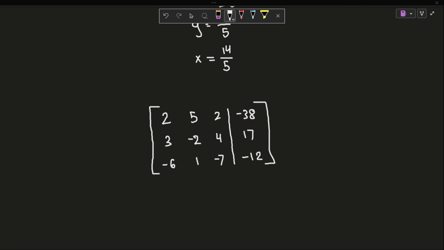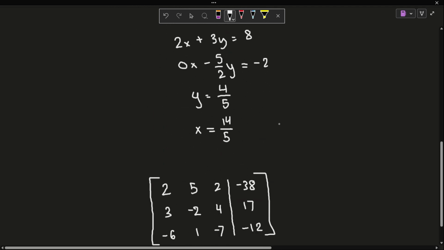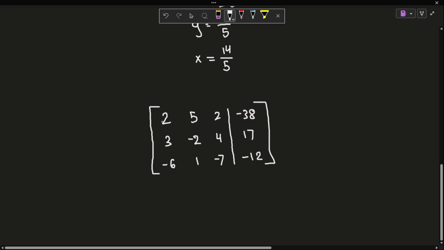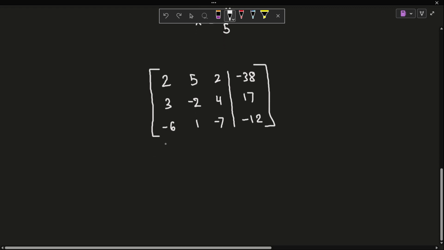Okay, so hopefully you've had a chance to take a look at the problem on your own and try and get the answer on your own as well. So let's look at what we have to do here. So the first row can be left as is, I think. And then the second row, we obviously need to get rid of this 3. So we're going to do the same thing that we did up there. We're going to multiply the first row by -3/2 and add that to the second row. Okay, so I'm just going to denote this like that.